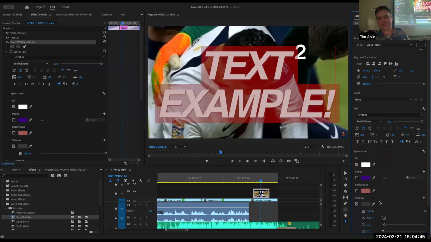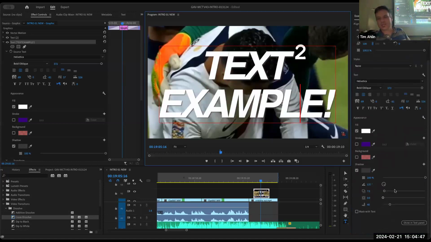Let's turn on our shadow. We can actually see when I raise and lower the opacity. Can you see where it appears? Watch the E, especially at 100% shadow. It's harsher, right? But really, what the shadow does is it gives us a little outline that acts as a shadow.